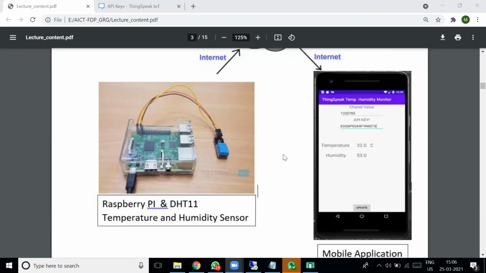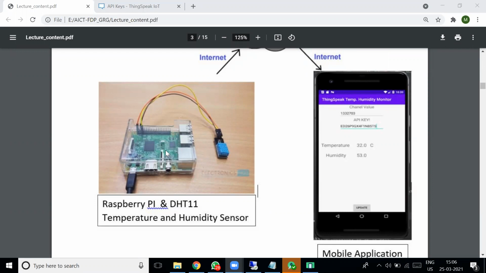Okay. So there is no need for an internet connection for working with Raspberry Pi, right? It is an independent unit. Only if you want to store the data in the cloud do you need to connect the Raspberry Pi to the internet. For that you have to use your local Wi-Fi connection. You have to configure it by specifying the SSID and password in the Raspberry Pi.